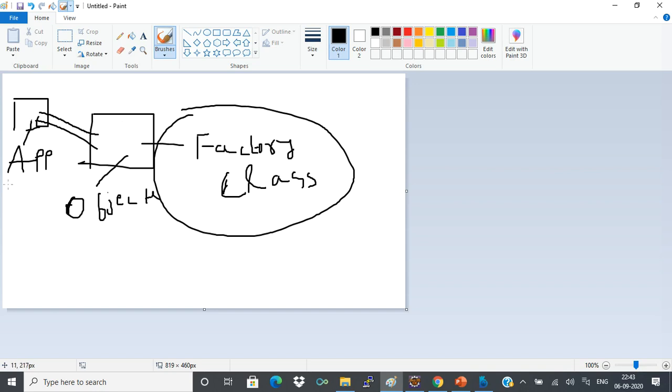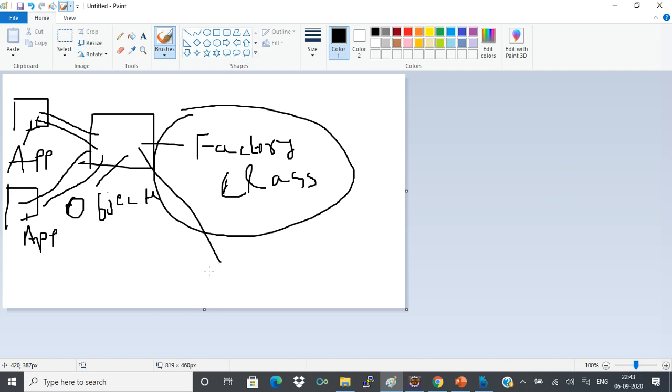Now, tomorrow another application also wants some objects. It will talk with the factory pattern and get the objects. So this factory pattern is reused across all these applications, and this is the best practice. Why? Because in the factory pattern, I create the object.